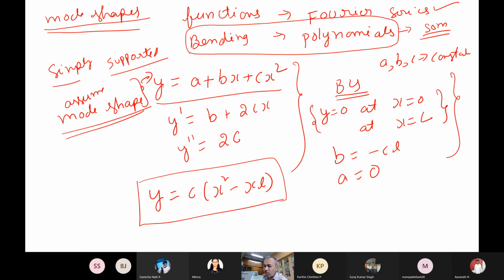So now I will assume my mode shape like this, my first buckling mode shape. This is an assumption, and let us see what happens. Whether we will get the correct answer, or, if you assume sine of pi x by L, you will get the exact value. If I assume like this, what happens? Just a curiosity. So now you find out your energy.